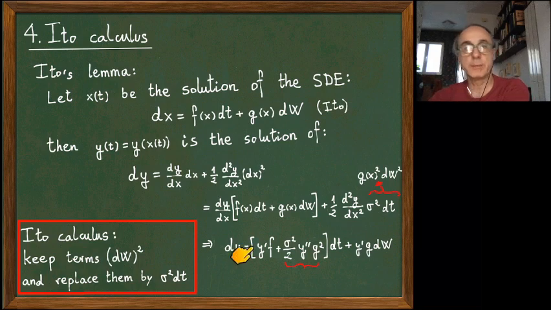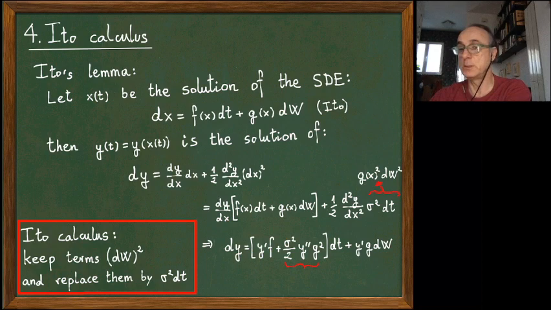Okay? So you have here f prime, y prime here is the derivative of y with respect to x. And we have y second derivative, which is this term. And this term is the new one, let's say, with respect to standard calculus. The other two, this one is the one that we got with just the first part, which is the standard calculus. And this is the extra term.